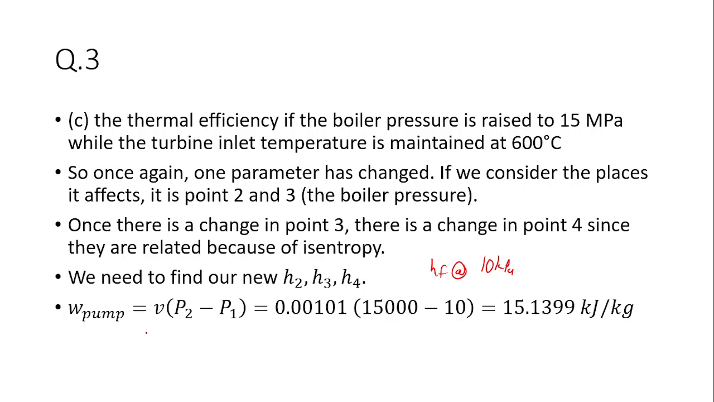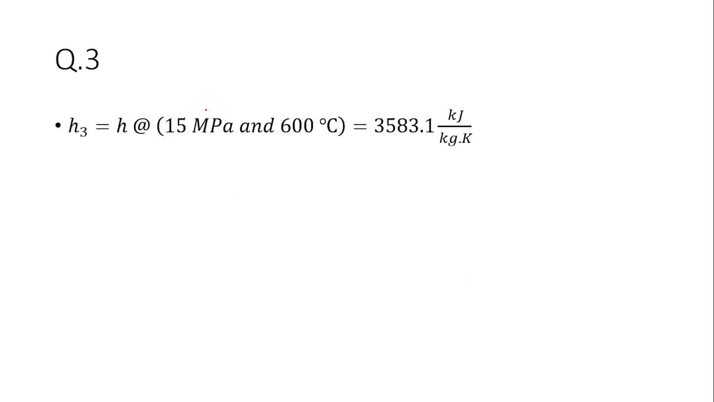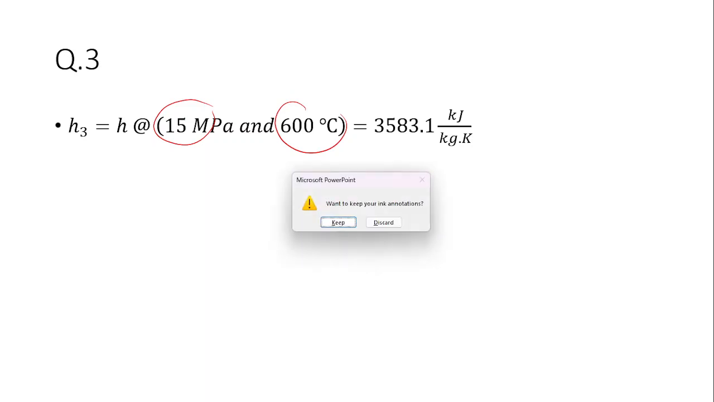So now let's find our work of the pump. So we use this formula now. Instead of it being the 3000 kilopascal or the 3 megapascal, we're using the 15 megapascal or the 15,000 kPa. So this becomes our work. In the same format, H2 is the work of the pump plus H1. So we can find our H2. Then H3, now we read at 15 megapascal and 600 degrees Celsius. So if we check the steam table,